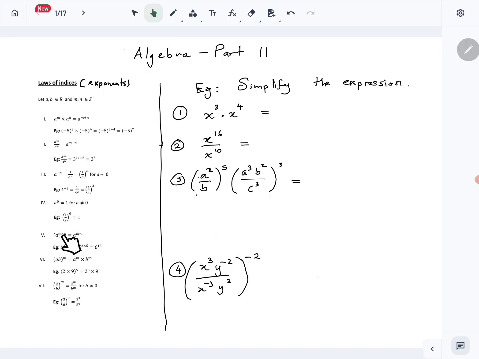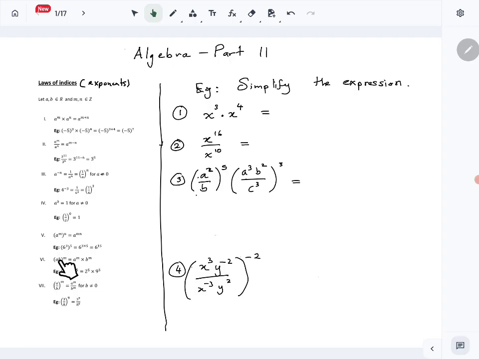Then the distribution law, a to the m, raised to the n, this is same as a to the m n. You can multiply the powers like that. So 6 to the 3 raised to 5 is same as 6 to the 15. Right, and then this one,